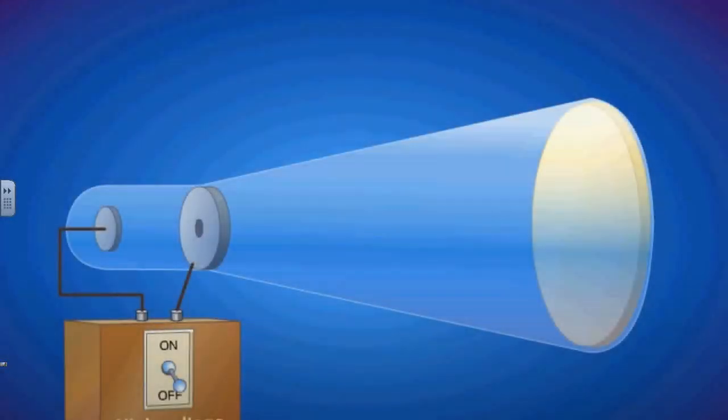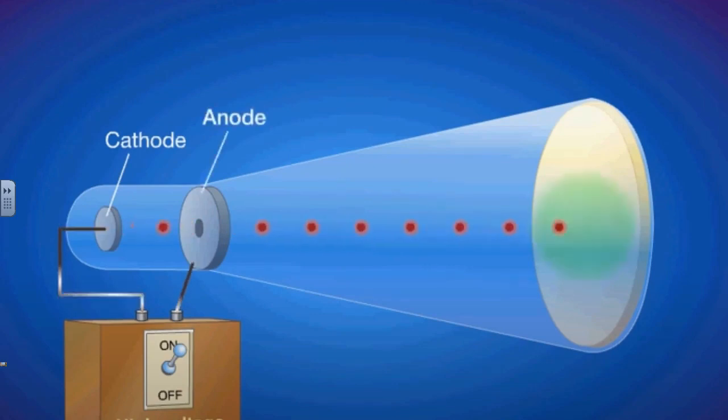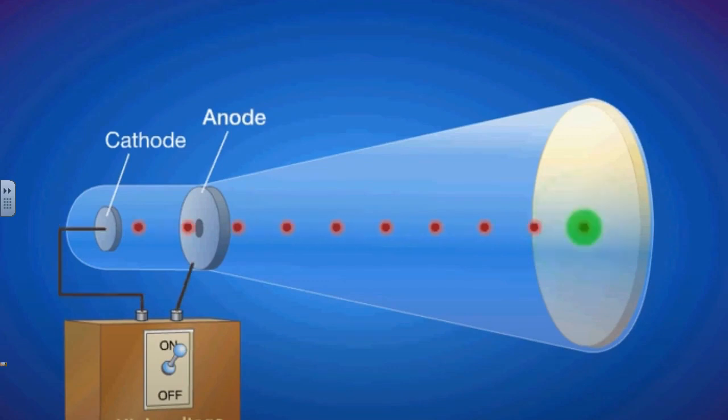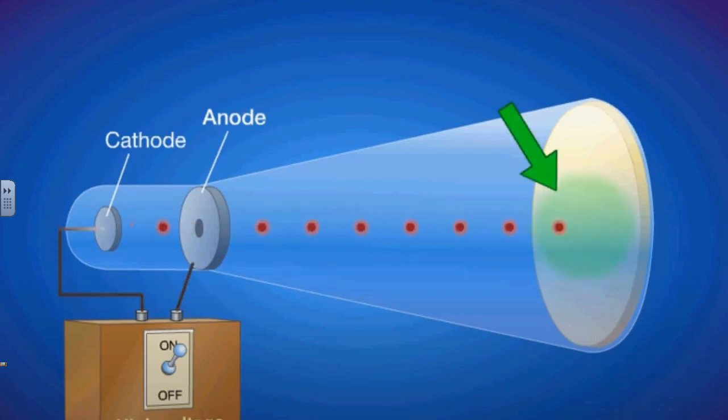A cathode ray tube is the forerunner of the television tube. It is a glass tube from which most of the air has been evacuated. When the 2 metal plates are connected to a high voltage source, the negatively charged plate, called the cathode, emits an invisible ray. The cathode ray is drawn to the positively charged plate, called the anode, where it passes through a hole and continues traveling to the other end of the tube. When the ray strikes the specially coated surface, the cathode ray produces a strong fluorescence, or bright light.